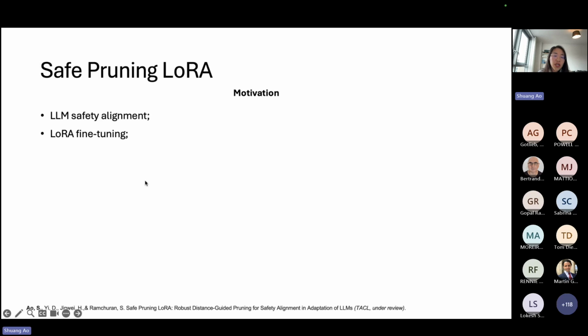Some literature has shown that LoRA fine-tuning can actually weaken such safety alignment. To solve this problem, recent methods always need a trade-off between performance and safety alignment. Performance means either the accuracy, the ROUGE score, or the Matthews score or something like this. Also, after you identify what kind of parameter caused the problem, people can use pruning to make the model smaller and safer.